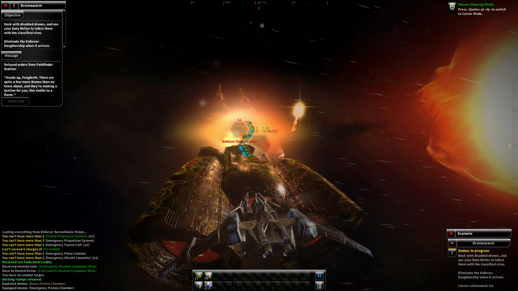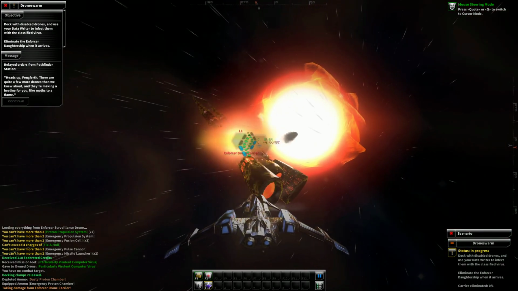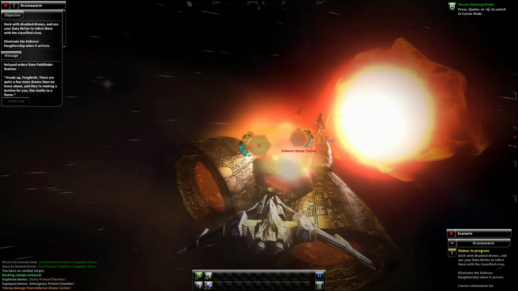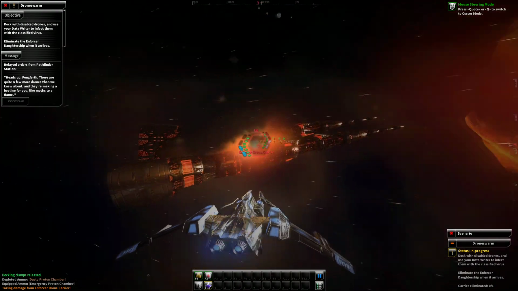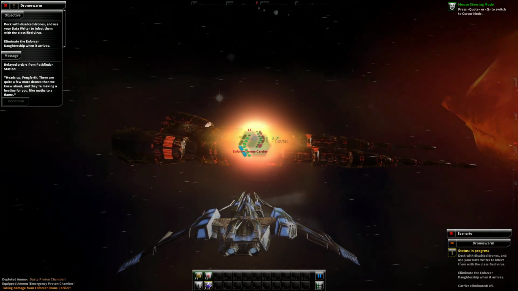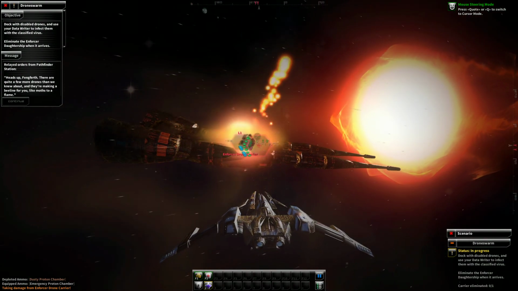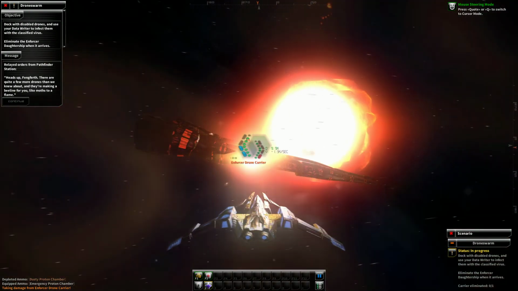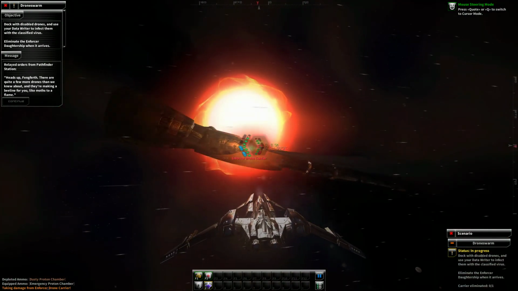There we go. Might take a while because we've got to break the shields as well. I think you can tell the shields, I think, by the... no, you can't. You can't actually tell how much shield they've got. You've just got to kind of guess. But we're doing damage, so that's good. And we've nearly took down the shield,